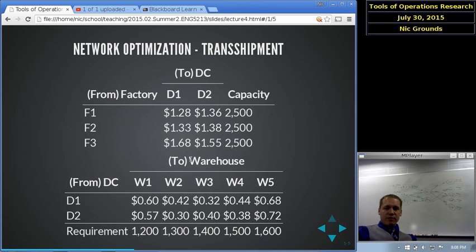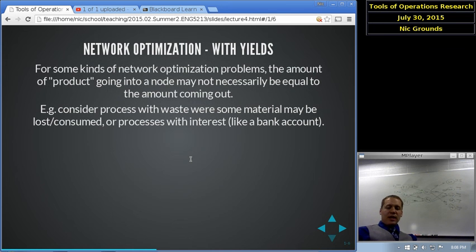So that covers transshipment models. We're going to kind of move into a more advanced kind of network model. First, we'll take a break. Let that soak in for a few minutes, and then we'll move on to something a little more complex,